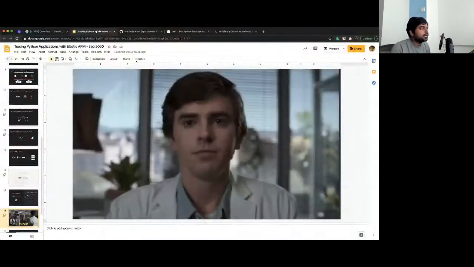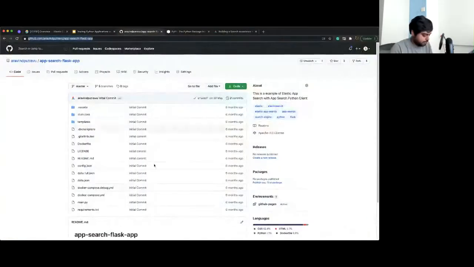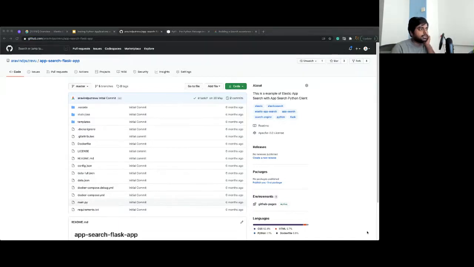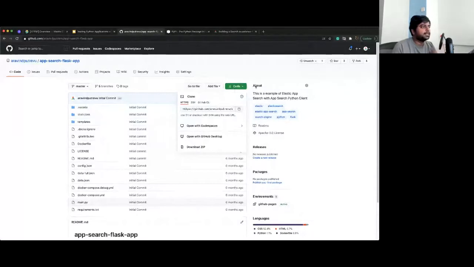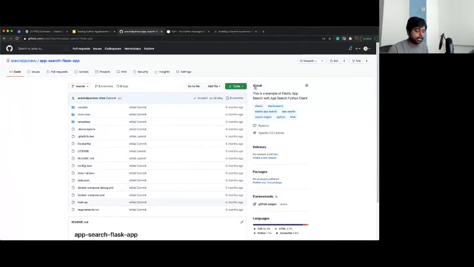So what I'll do is, I have this GitHub repo which I am pinging here, which you could also take a look at. It's a movie search engine that is built. You also have multiple branches here. You could start with a basic Flask app, then go step by step. But what I would do is clone this code and build this particular application. Let me do that. I believe you are able to see my screen.